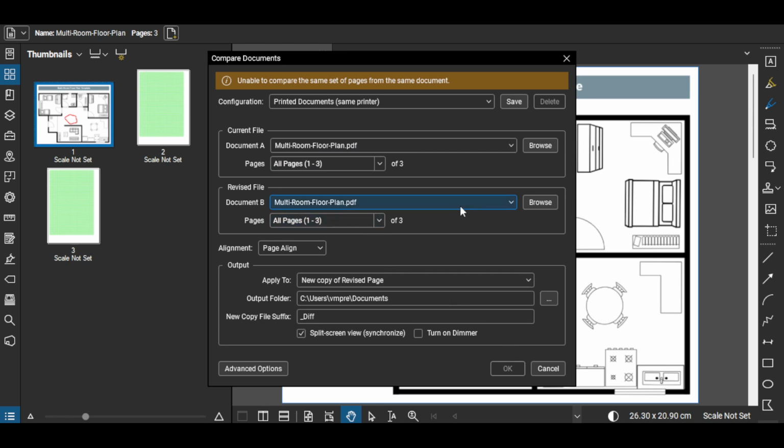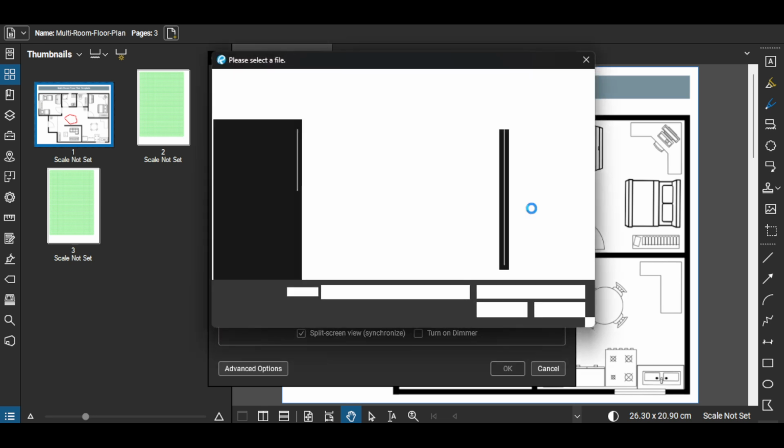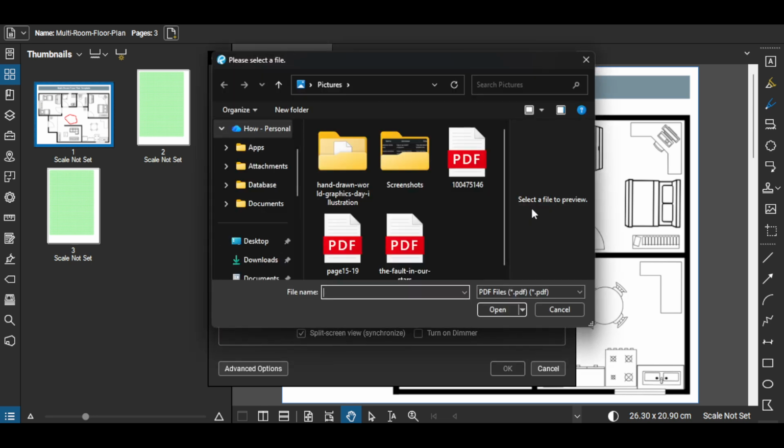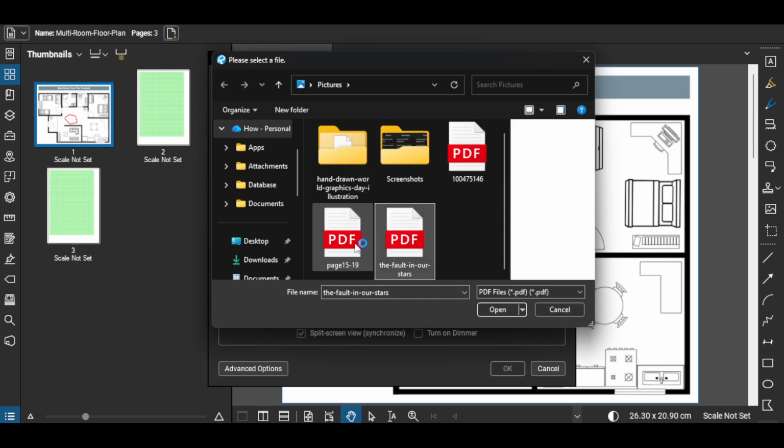Before running the comparison, take a moment to adjust the settings if needed. This is where you control how clear and accurate your results will be. Choose the colors used to represent each file so differences stand out against the background. If the drawings aren't perfectly aligned, use the alignment options to nudge them into place so walls, grids, or key